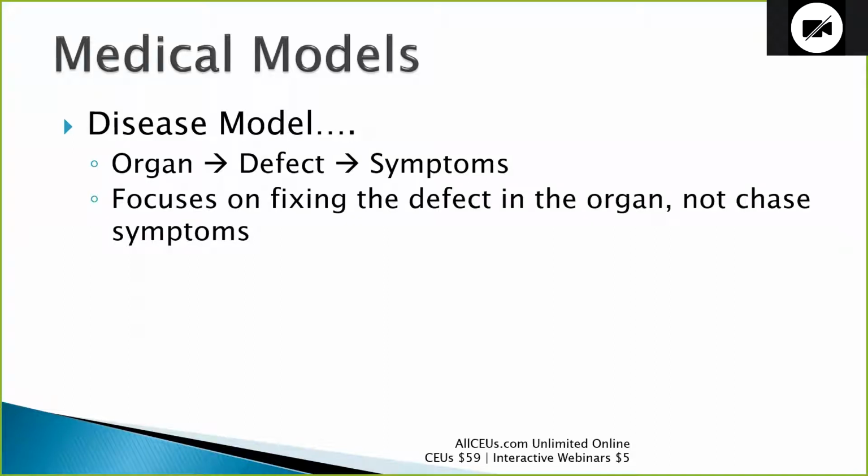So a slightly different way to look at the disease model is one that's very basic. It says there has to be an organ. Well, in this case, the organ is the brain. There has to be a defect in that organ. Brain changes that are caused either before the addiction starts, causing mental health issues that lead someone to self-medicate, or brain changes that happen during the addiction because of overstimulation. So there are brain changes or brain defects which cause symptoms. And these symptoms can be cravings, they can be withdrawal, they can be tolerance.